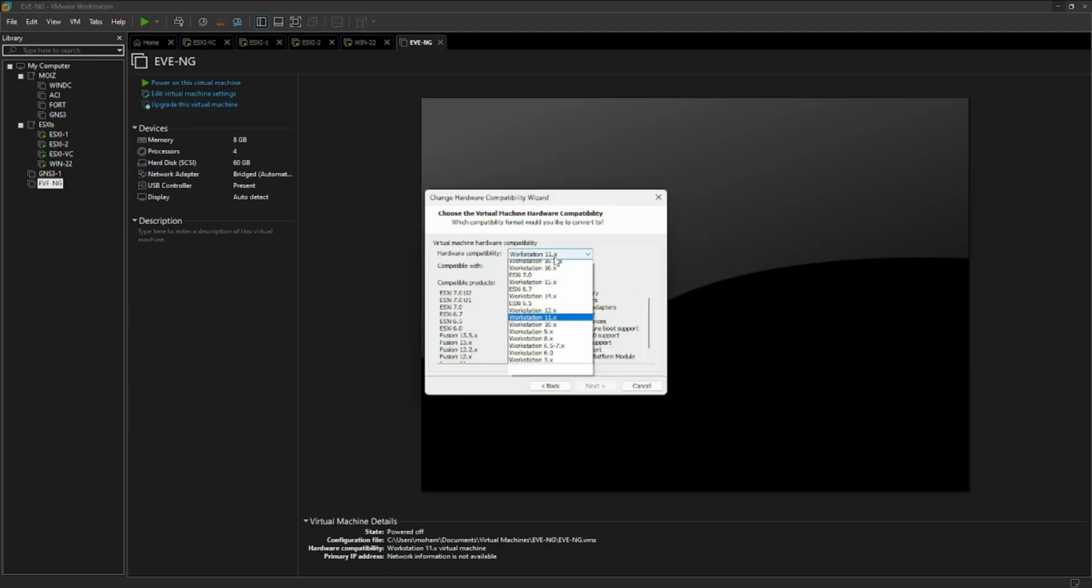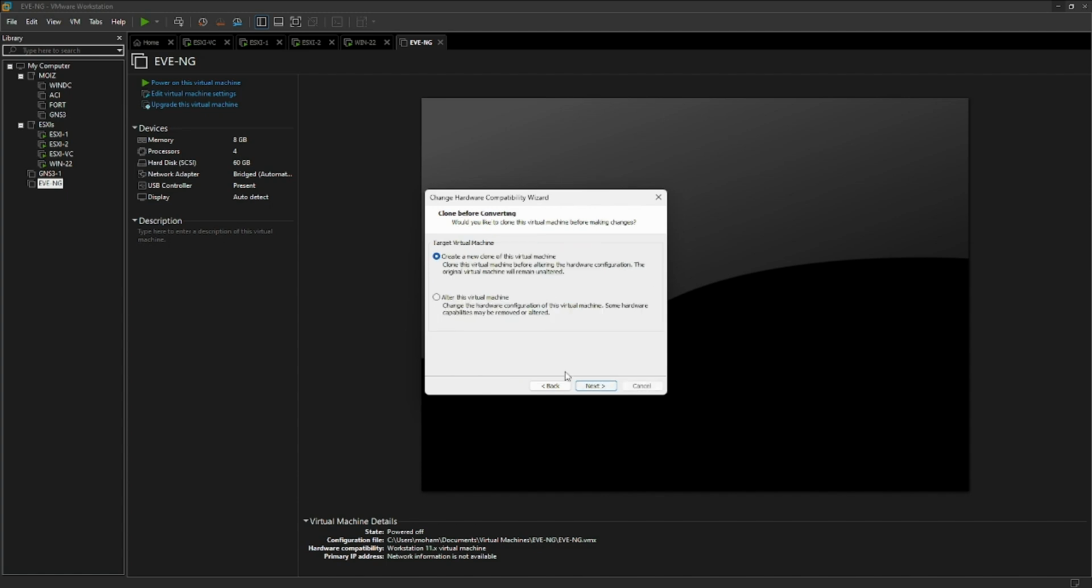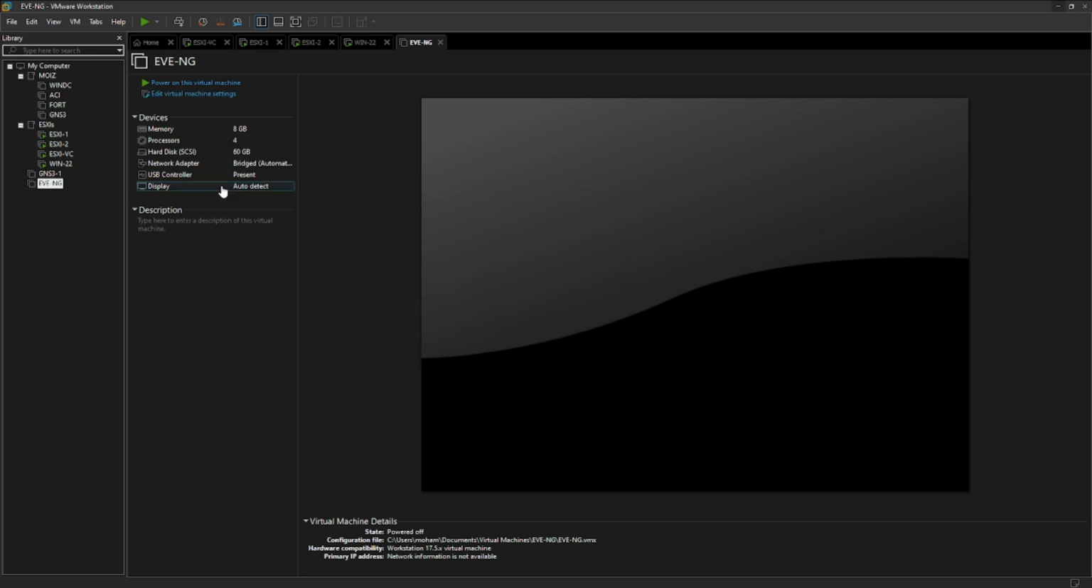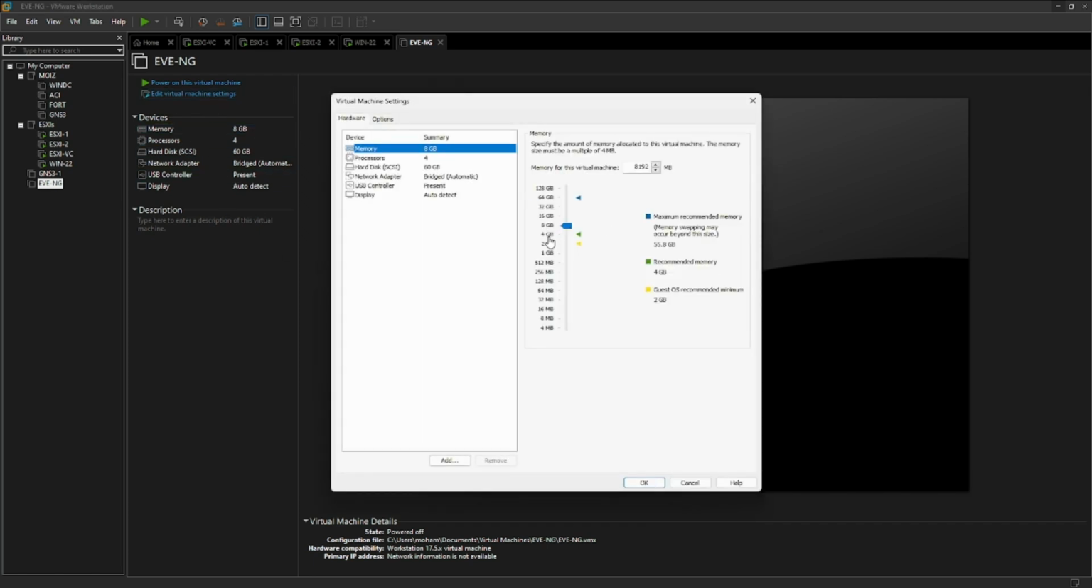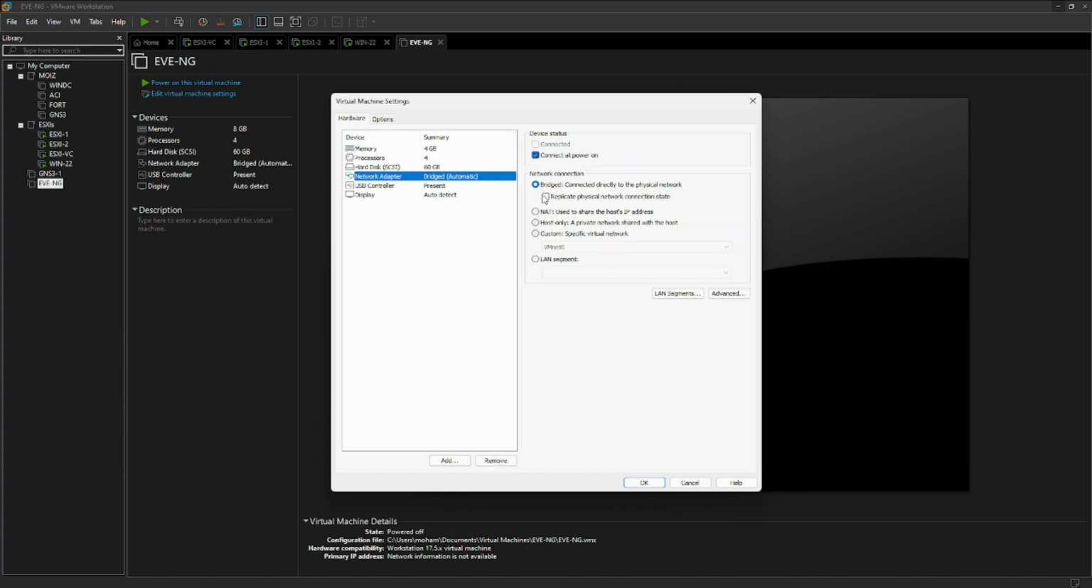Same thing, click on next. Going to the 17.5, click on next. Alter this virtual image, click on next and finish and close. Now it is using 8 GB, which I do not require. I only required 4 GB. That's fine. Currently the network adapter is connected to the bridge one, so I will use the same adapter,